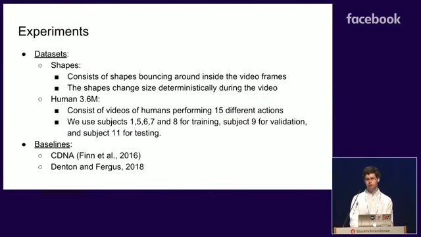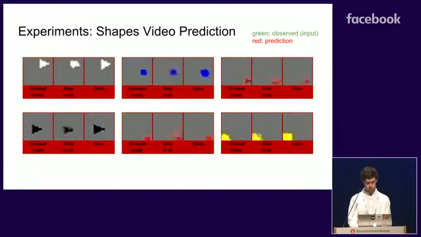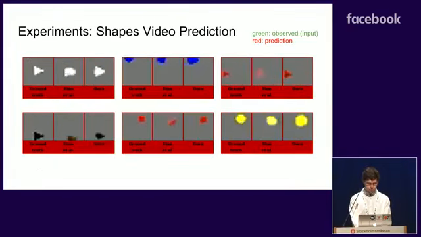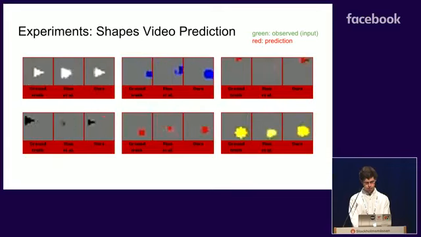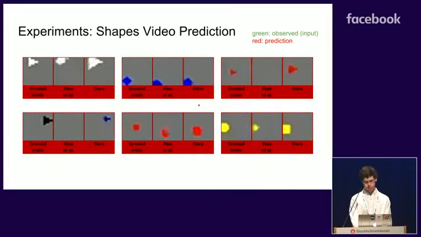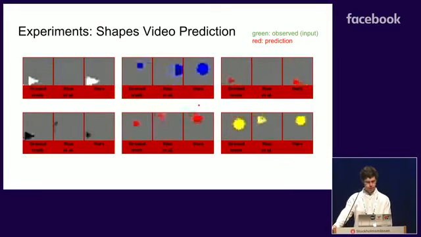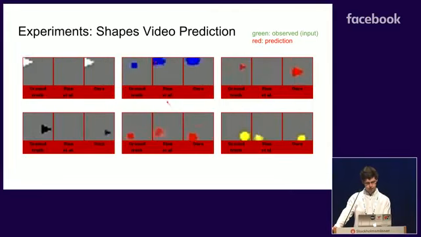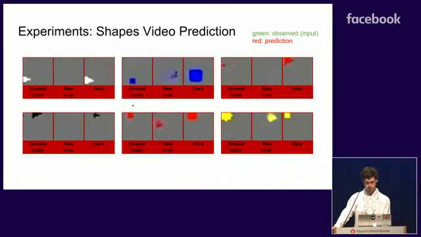So to present our results, we experiment on the data sets shown here. There's a shapes data set that we created with simple objects moving around, and also the popular Humans 3.6M data set. For baselines, we used the one from Chelsea Finn presented earlier, and then also a method from Denton and Fergus also presented in this conference. On our shapes data set, we find that our method can produce clear predictions up until about 1,000 frames into the future, where the method from Finn et al. disappears or gets blurry over time.